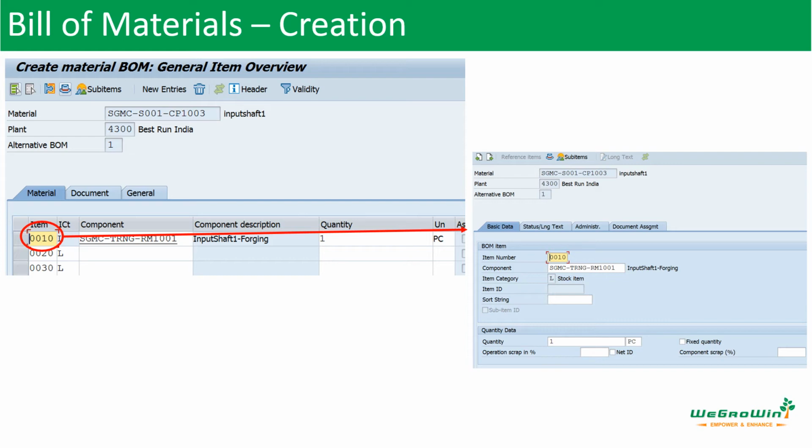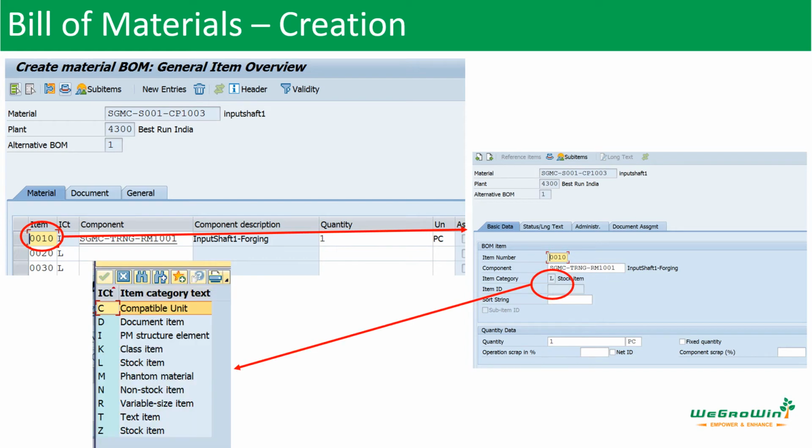In this page we see 4 tabs: basic data, status long text, administration, and document assignment. Here in this basic data we are seeing many details. For example, you are seeing item category. What is this item category? When you create a BOM, the components we are giving into the BOM may be in different categories of items.